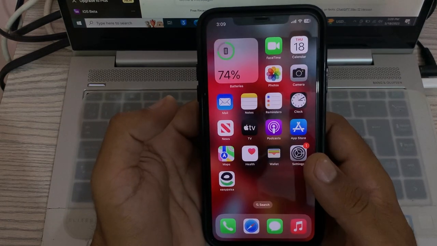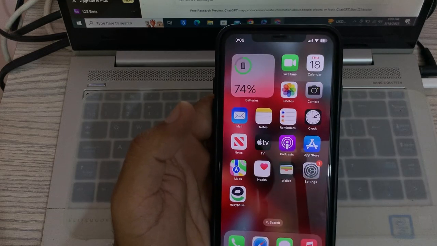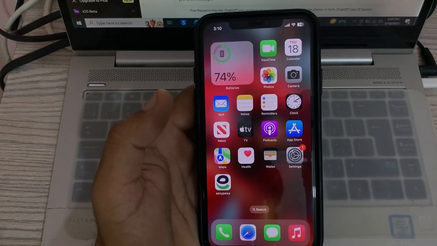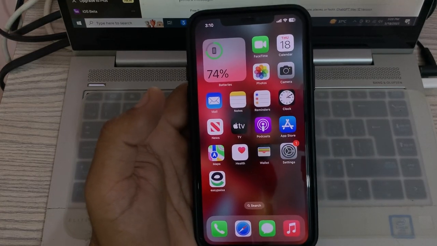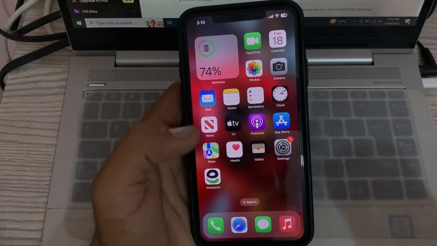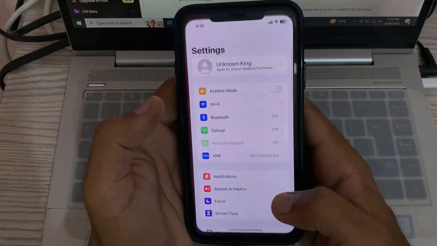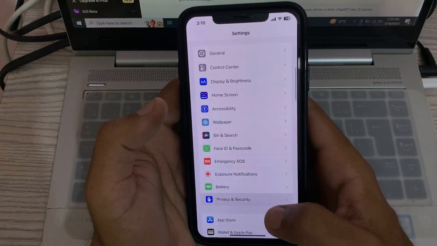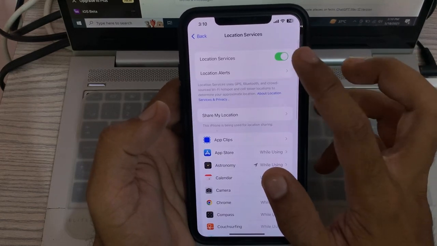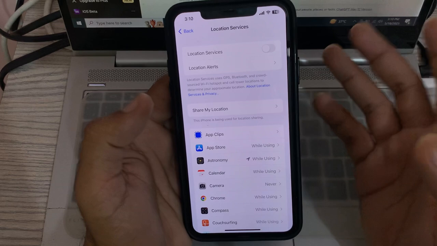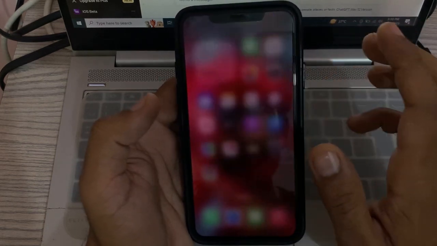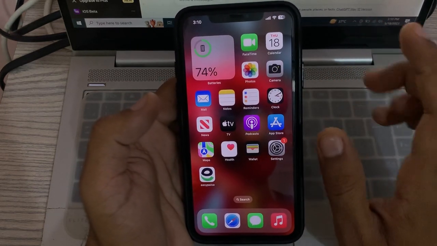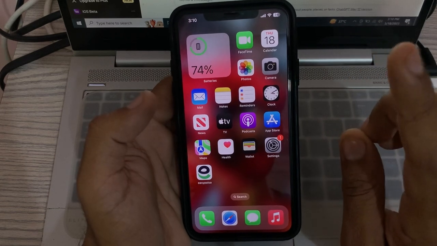And then after this, the next solution is disable unnecessary notifications or unnecessary features. So go to settings, tap on privacy and security, tap on location services, tap to turn off location services if you are not using. So go back, and then after this the next solution is update your iOS software and